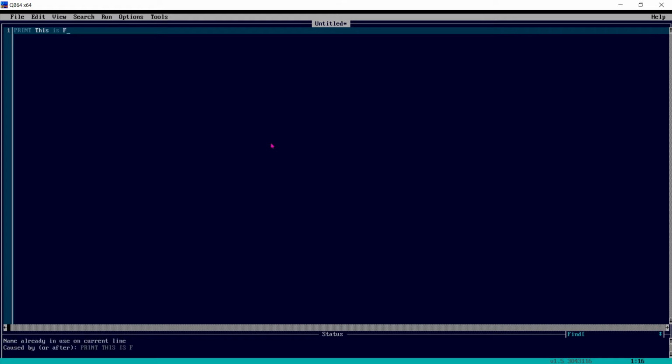First this is the command print, or let me use double quotes here. This is the first command example. So we are using the print command here.